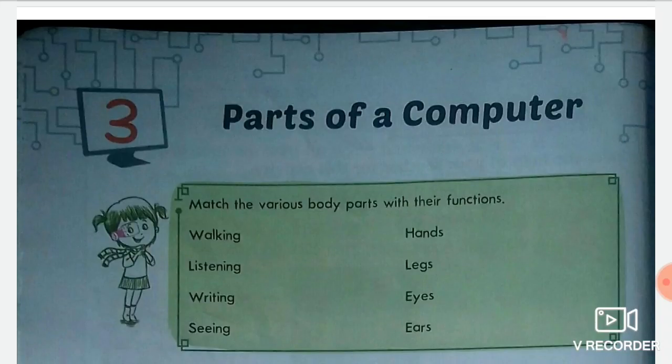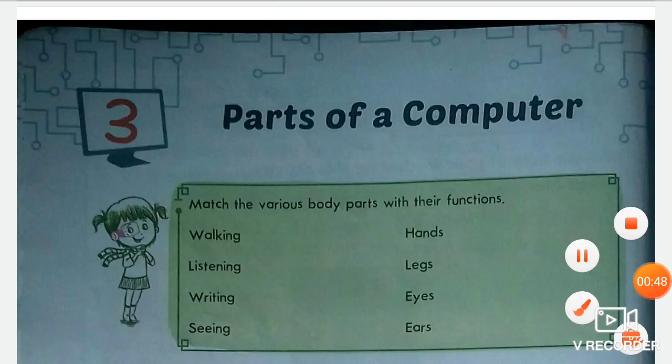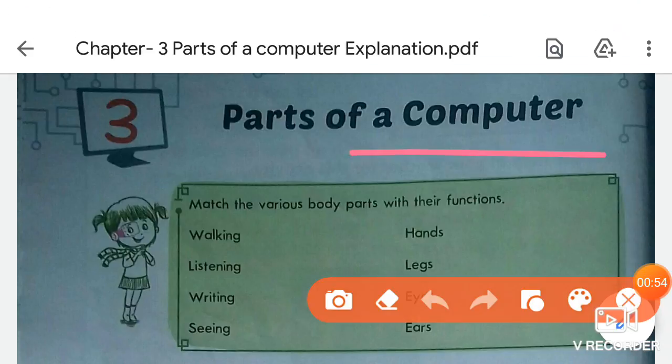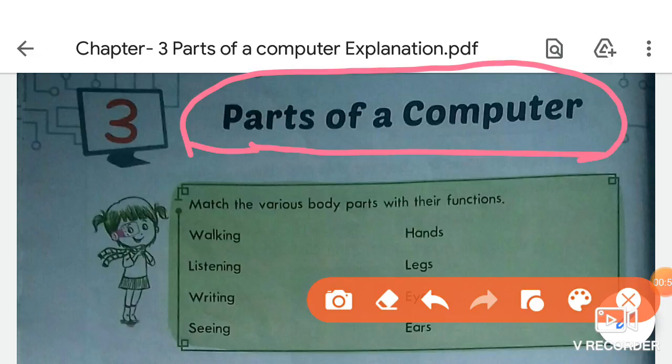Now students, tell me, what's the name of our chapter? Our chapter name is parts of a computer.